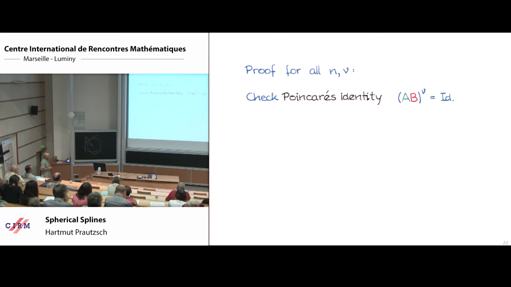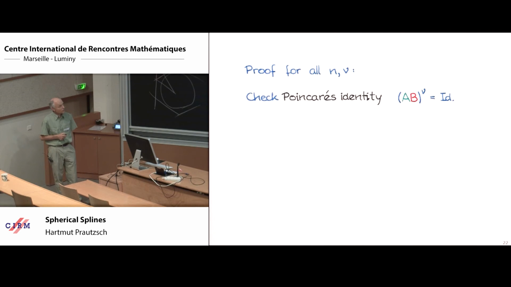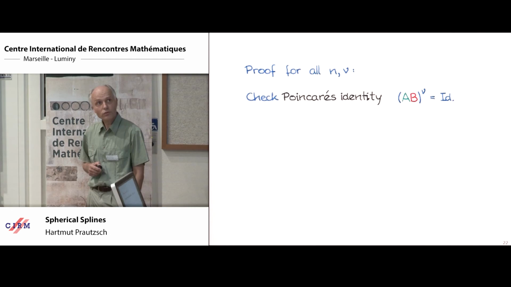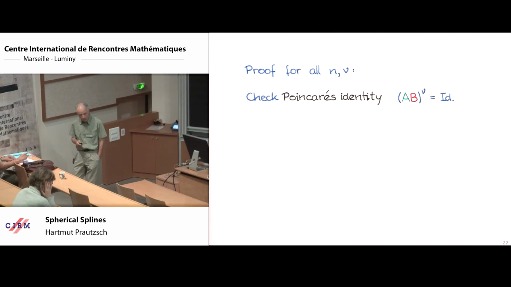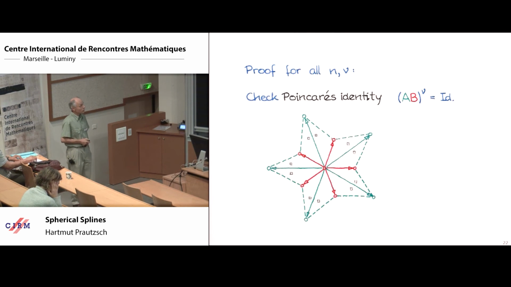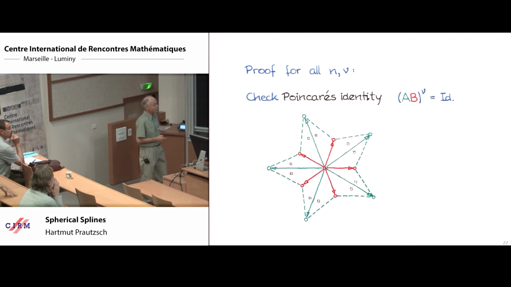The compatibility condition here just means that we have to check this identity, Poincaré's identity. Going around a vertex, we have these alternating transition maps, and a vertex of valence nu means we have to do it nu times. So this needs to be the identity. And what we can do is we look at a very symmetric configuration of triangles, suitable here for this valence and so on, and then just read off the matrices. So I don't do it here, but this is